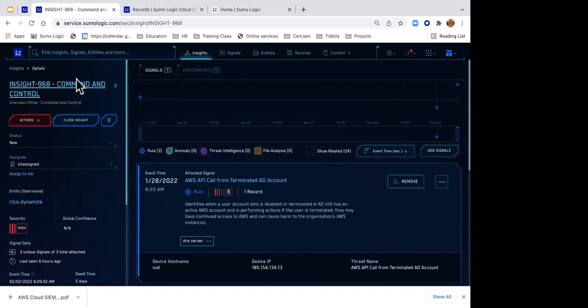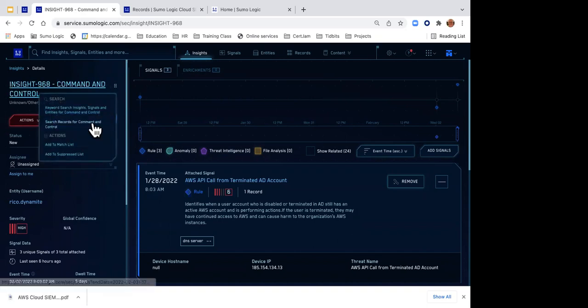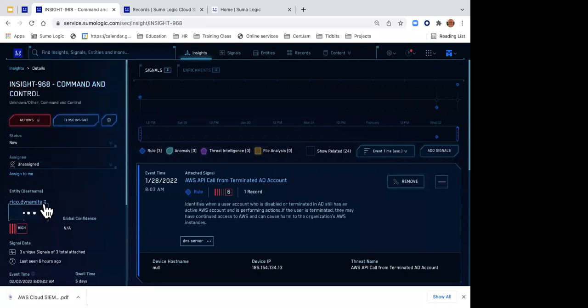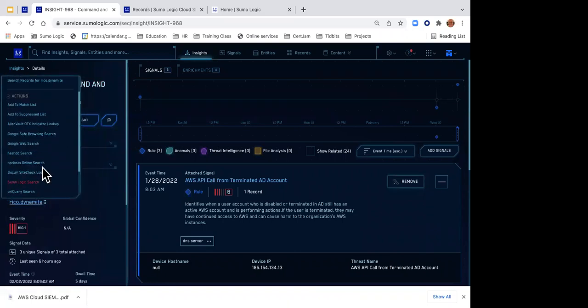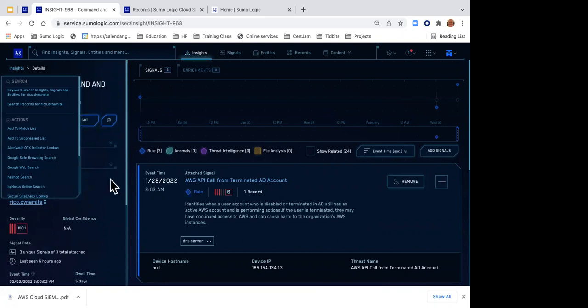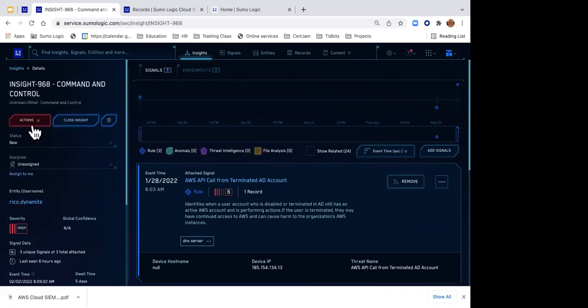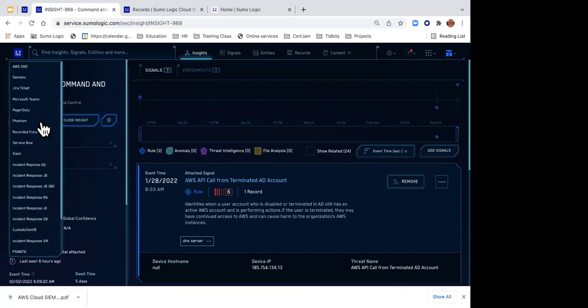So over here on the left, here's my insight information. And again, I have this context action button that I can click on and do some various context actions. In fact, you'll find context action exists all over the place. So here I have another context action button that I can click on. And again, I can do a whois search on them on the internet or whatever. Here's my action button. So in my insight is where my action button is. And I can say, you know, I need to maybe send this off and create a JIRA ticket. Maybe I need to send it to my SOC team. I want to send it via Slack or Microsoft Teams, and you can customize this.